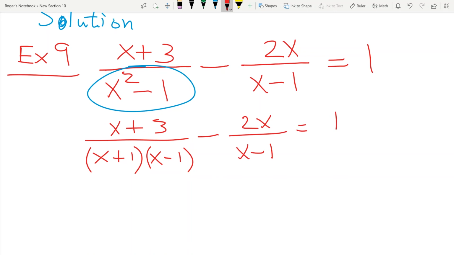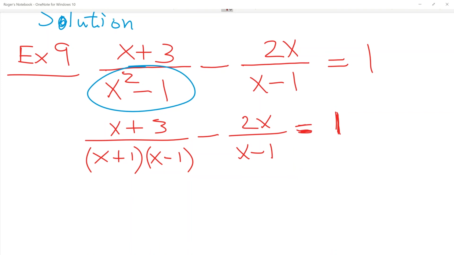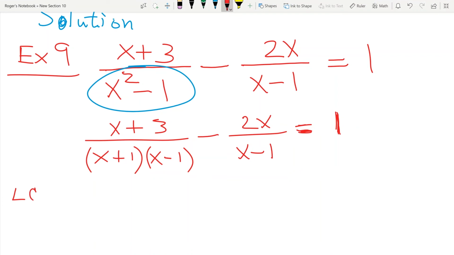Okay, now should be a little easier to see what the LCD is now. The LCD is x plus 1 times x minus 1. We already have the LCD on the first fraction here on the left side. X plus 1 times x minus 1 is our LCD. So let's write that down. LCD, x plus 1